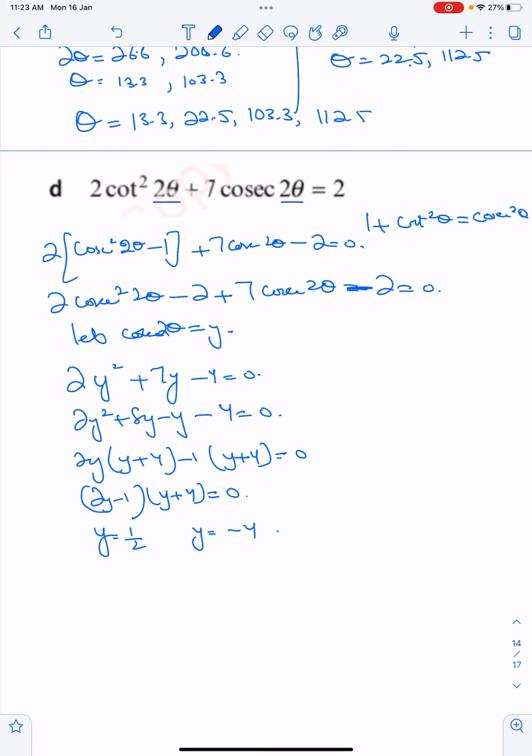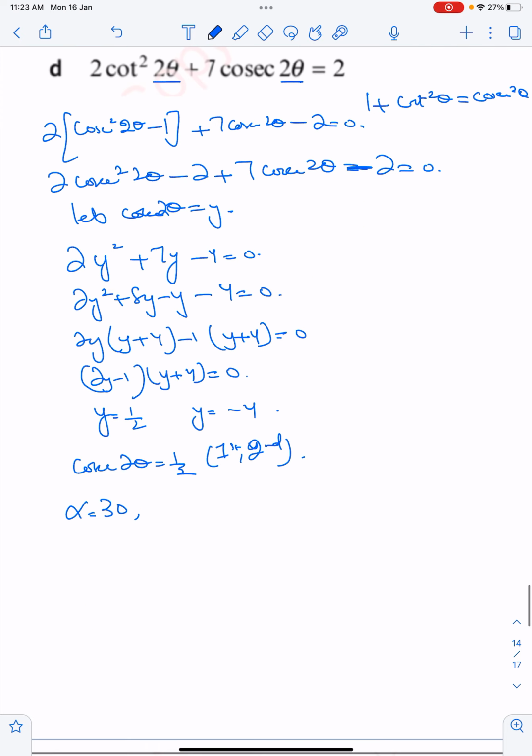Y is cosec 2 theta. Okay, so cosec is the reciprocal of sine. Sine is positive in the first and the second quadrant. So in the first quadrant, the answer is going to be 30. Okay, so the basic angle is 30. So you can write, first of all, as a first step, hold on for a while, it's cosec 2 theta